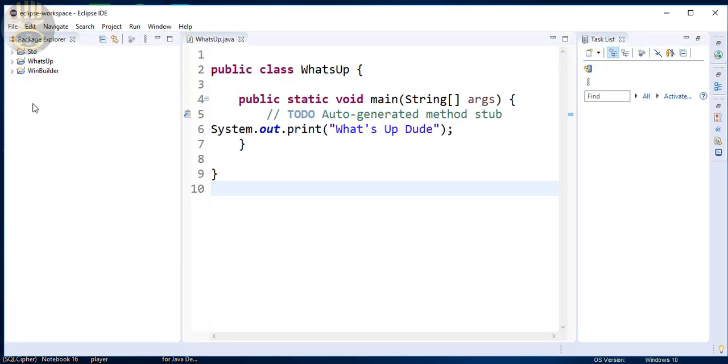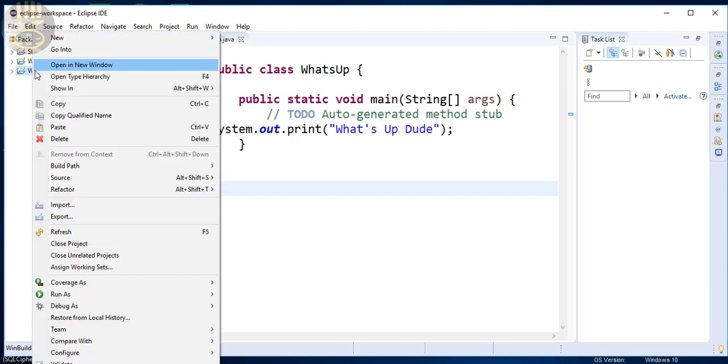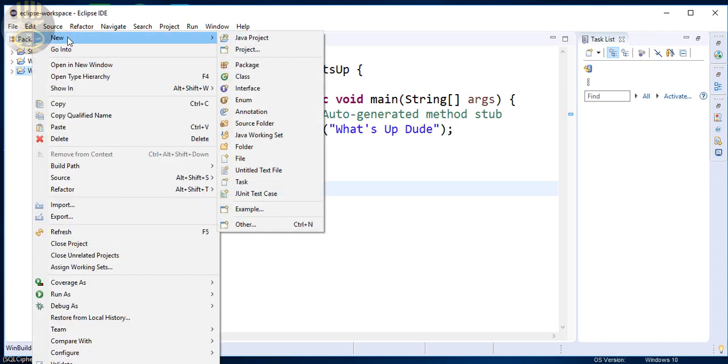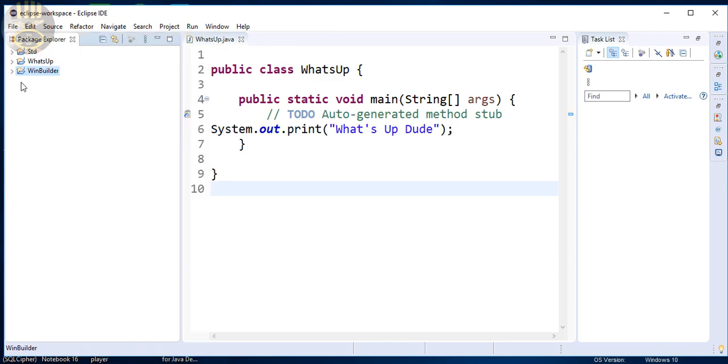I'm going to click on the file, the package explorer, and right there, that's the project I am working on. So I'm going to click on Win Builder, right click on it, and let's select new project. Okay, just before I right click on it, let me show it to you guys. There's nothing in it, so right click on the folder,